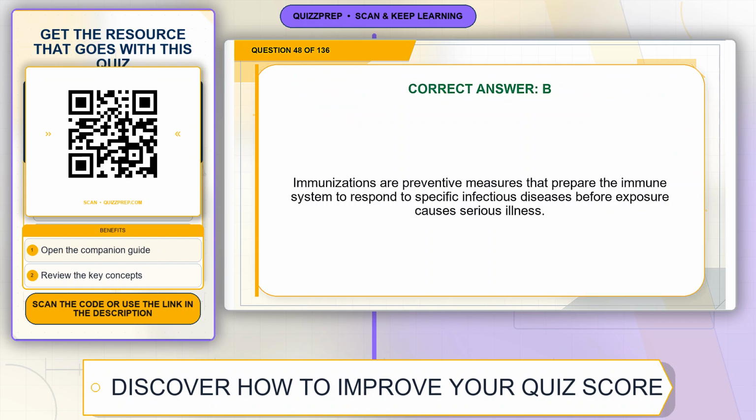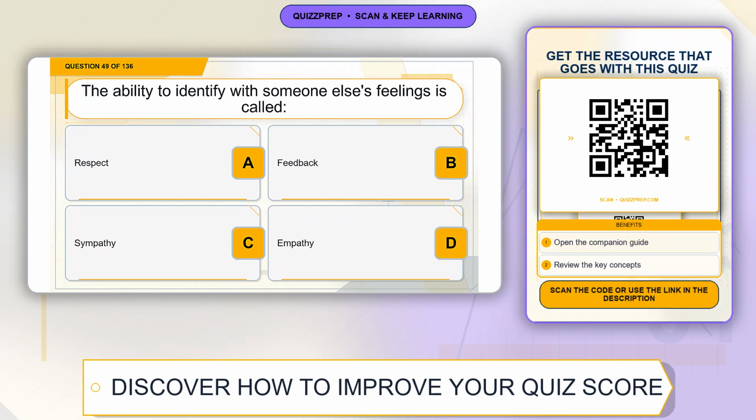Explanation. Immunizations are preventive measures that prepare the immune system to respond to specific infectious diseases before exposure causes serious illness. Question 49. The ability to identify with someone else's feelings is called: